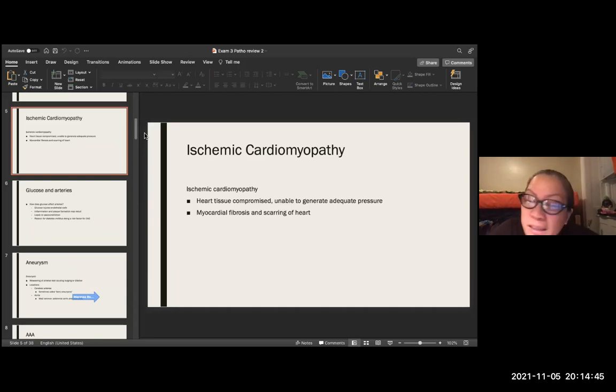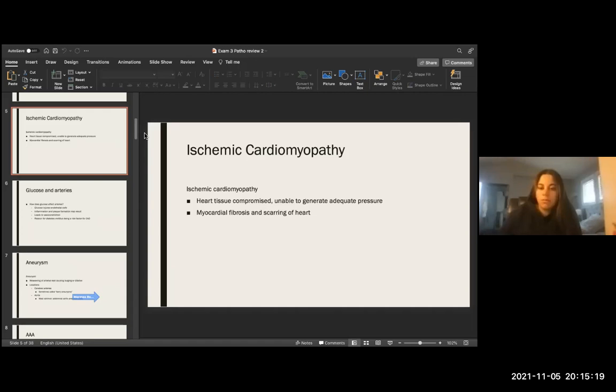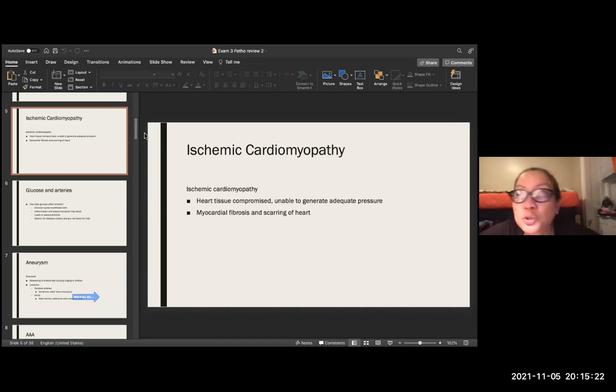So it means part of the heart is compromised, unable to generate adequate pressure. All right? It cannot generate adequate pressure. Why? Because the heart tissue is not fully functioning in its contraction. What did I tell you? It has something to do with calcium. Contraction has something to do with calcium all the time. So if there is compromised heart tissue, then there will be no adequate pressure. Because, honey, let's put it this way, the heart has to pump a certain amount of blood. If the amount of blood is lesser, there will be problems in pressure, cardiac output, so what happens